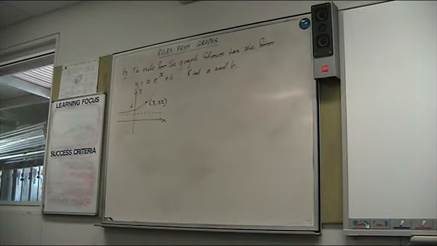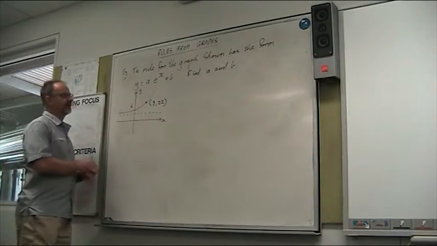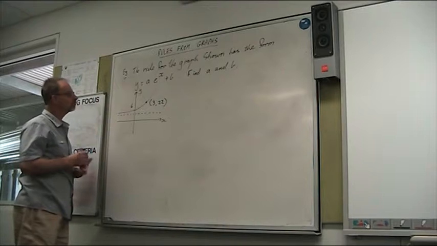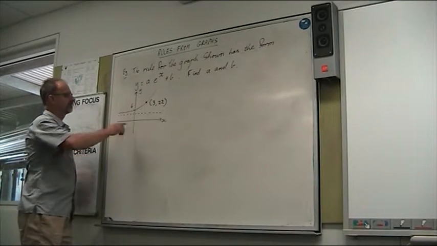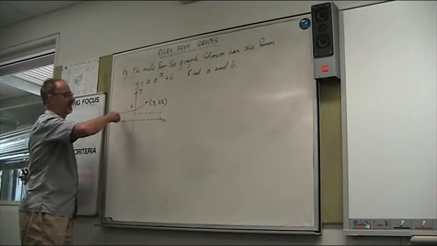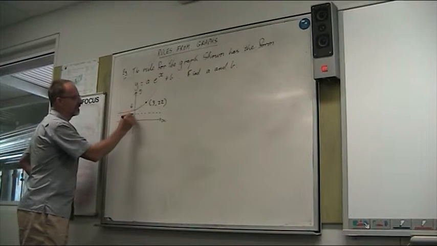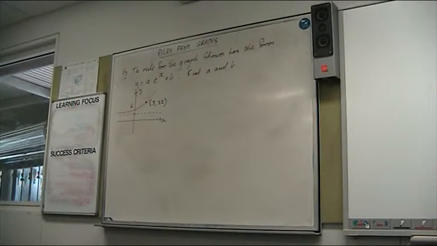All right, so today we're looking at some graphs. This particular one you're told is an e to the x graph, and it has the form y equals a e to the x plus b. And we need to find the a and the b. So we've got some information, we've got some asymptote here. It would be nice if they told us what that asymptote intersect was. However, they don't, so